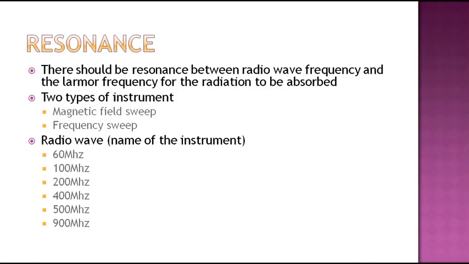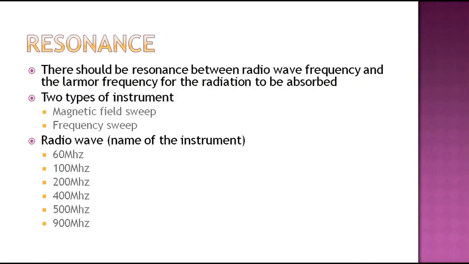Usually, because sweeping the electromagnetic radiation is hard, the electromagnet is easy. By changing the voltage, we can change the electromagnet, and therefore we keep the frequency constant, like 60 megahertz or 100 megahertz or 200 megahertz or 400 megahertz. You keep the radiation constant, and we sweep the magnetic field. If we sweep the magnetic field, the energy gap between the spin states will also increase. While it is increasing, when the energy gap of the nuclei just reaches the energy difference that matches the 60 megahertz radio wave radiation, then the radiation will be absorbed.